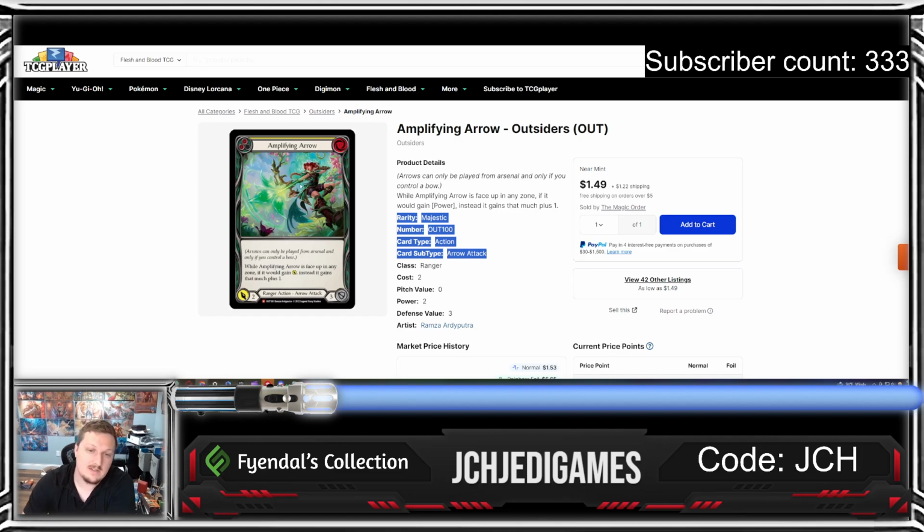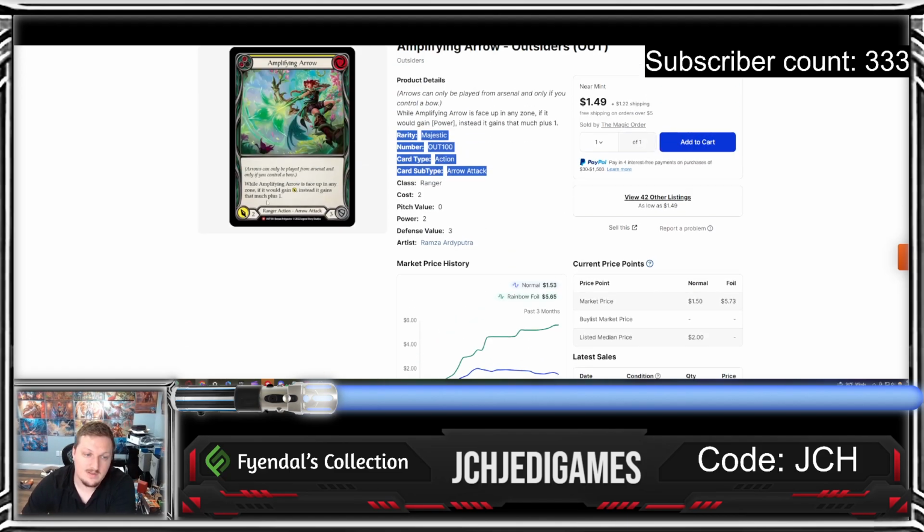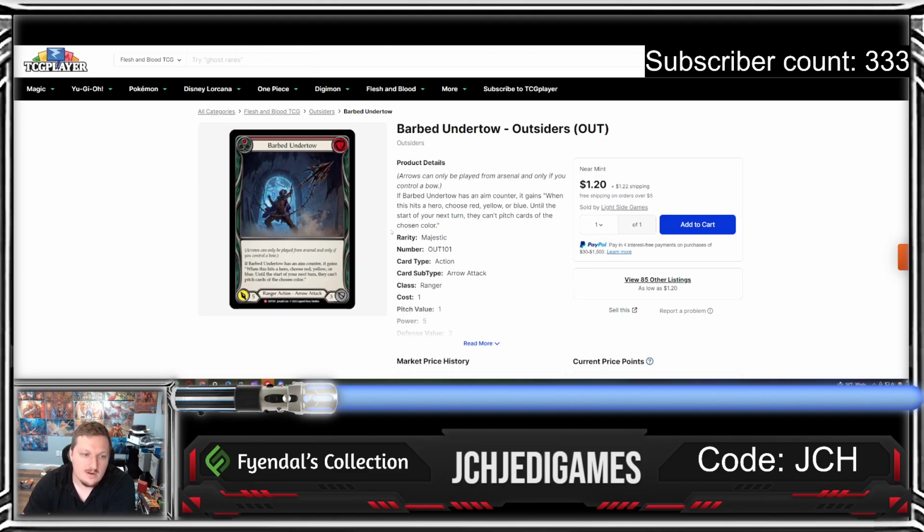But $4.50 for a playset of this seems pretty good for a card that's seeing play in Azalea, which is also one of the higher tier decks in the meta right now. Barbed Undertow, I just really like this card. $3.20 or $3.60 for a playset for a pretty darn good effect,